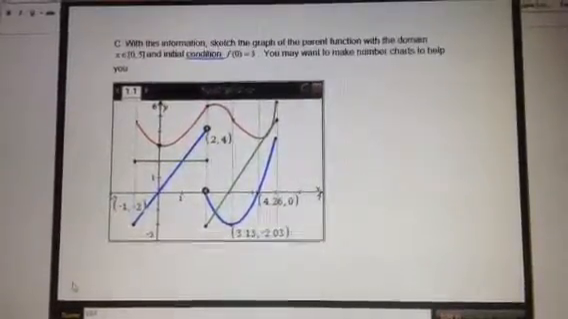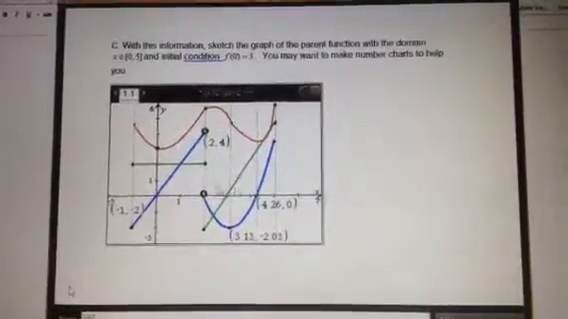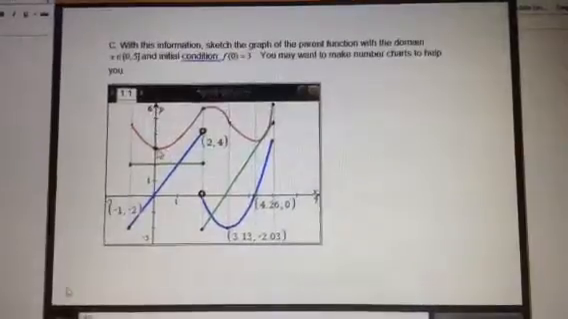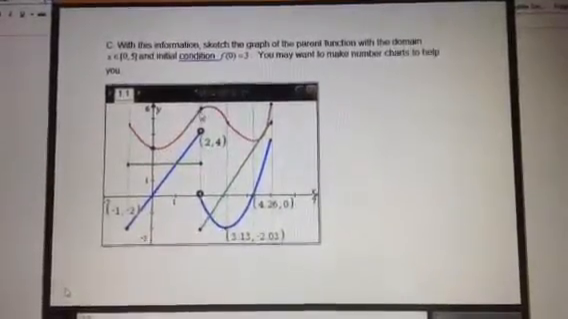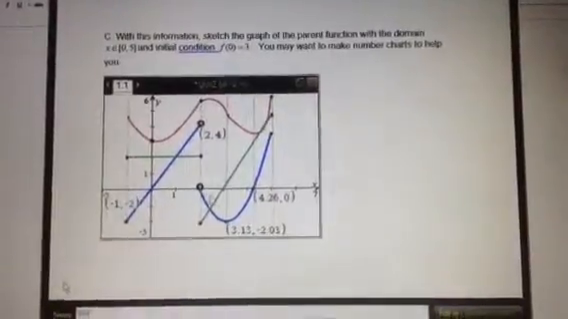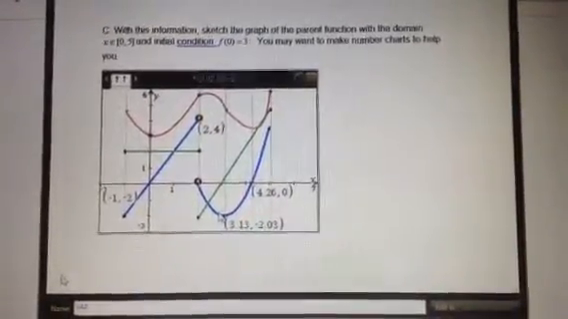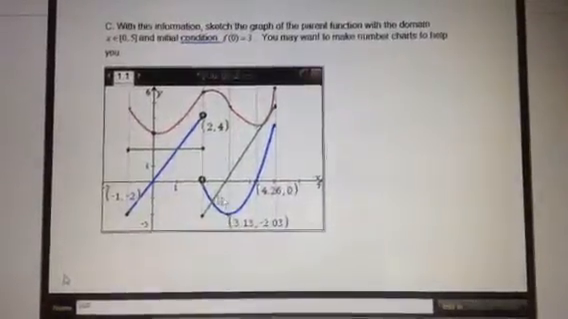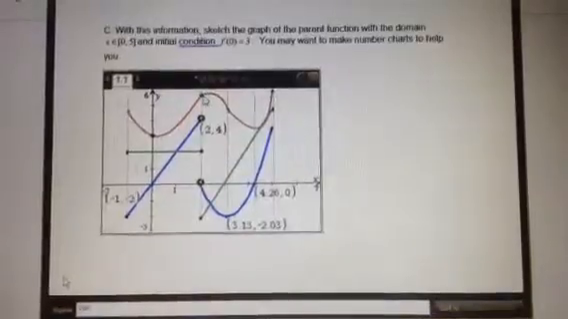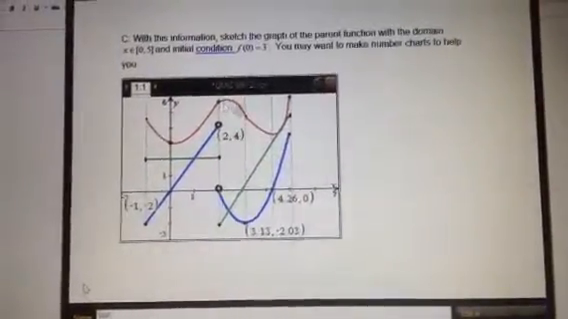Now, since the first derivative has a positive slope and the second derivative is positive, the graph will be above the x-axis and concave up. And now, since the first derivative is below the x-axis, and so is the second derivative, the part between x equals 2 and x equals 3 will be concave down,